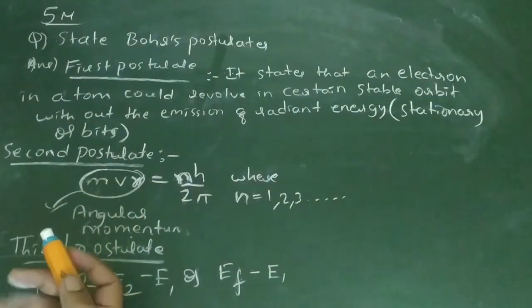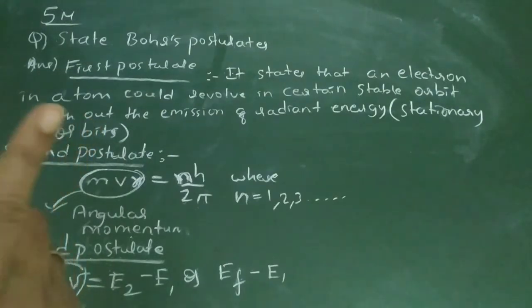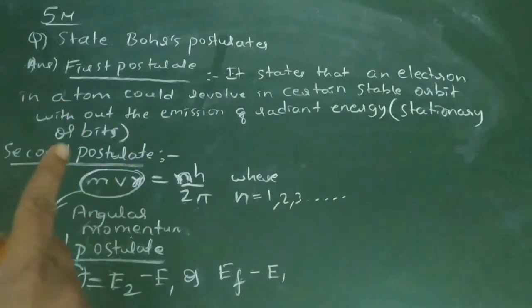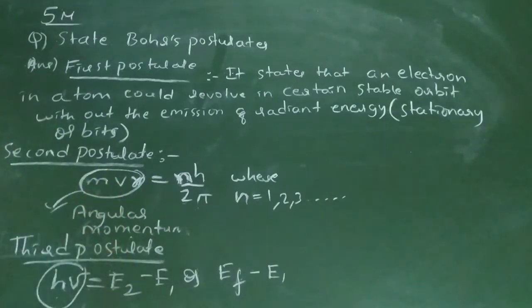When an electron makes a transition from a higher state to a lower state, that is, from a higher orbit to a lower orbit, it emits certain energy which is given by h into mu, where h is Planck's constant and mu is the frequency of the radiation which is emitted. If you write this much, that is what it is given by. That energy difference is the energy of the photon. Are you getting that?